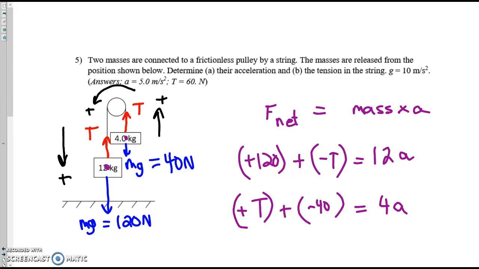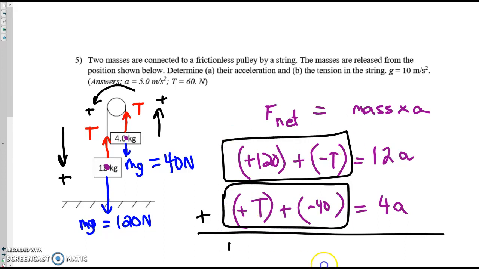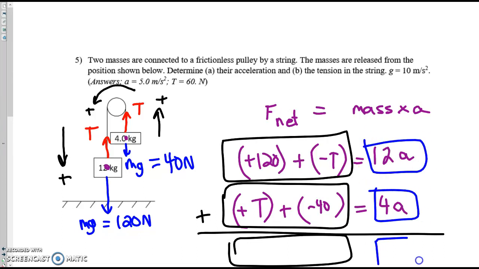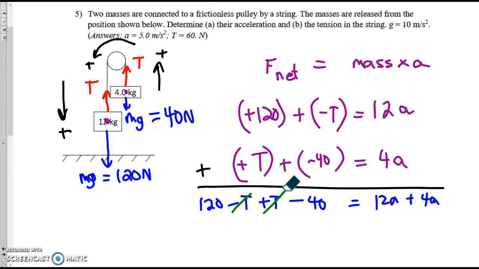Now we have 2 equations and 2 unknowns. We can add up the 2 equations. I'm going to add the left side here with the left side and combine it right there. Then on the right, I'll add the 12a and combine it here, and I'll set them all equal. Okay, so I'm going to have 120 minus T plus minus 40, and then I have 12a plus 4a. So negative T and positive T, when they add, they make 0. So on the left side, I just have